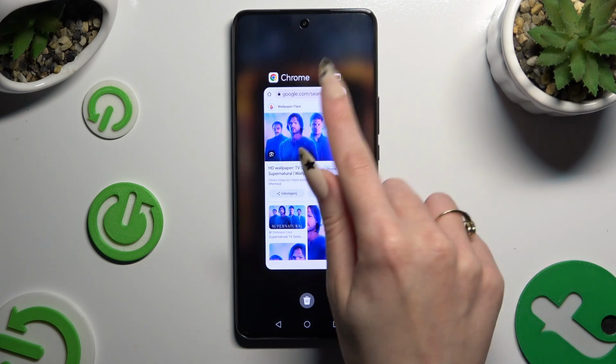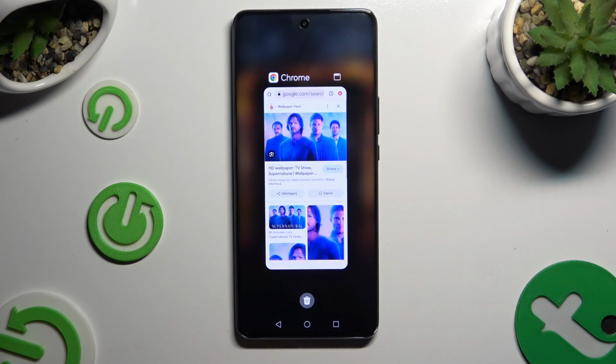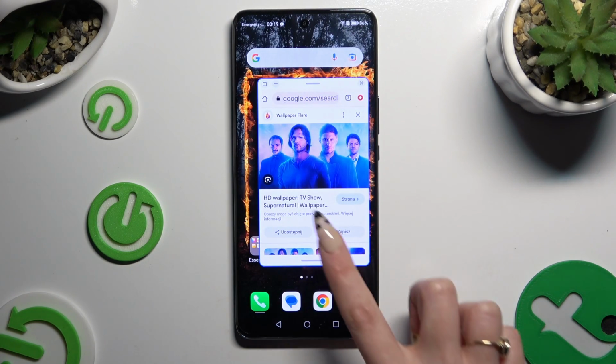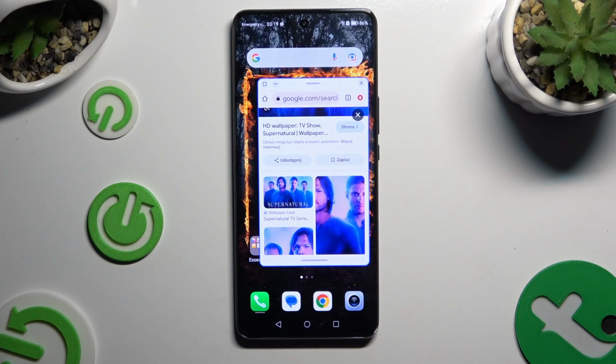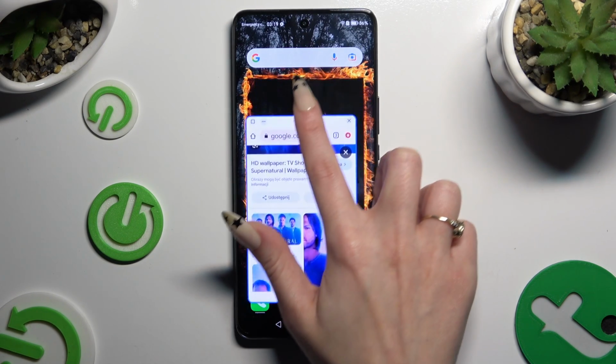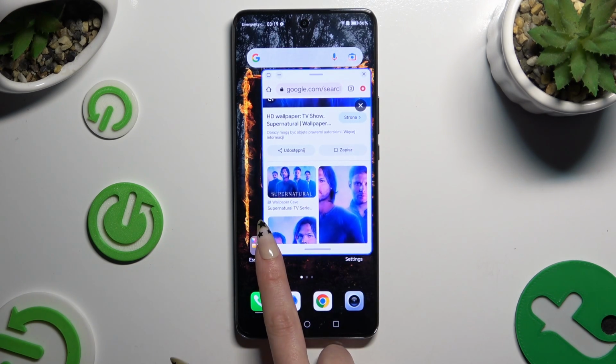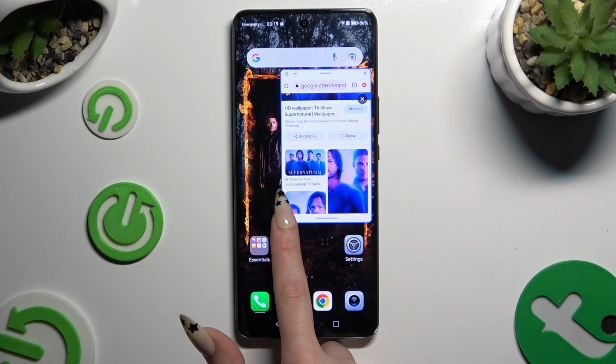Now click on this little icon at the top right corner of your app. And as you can see, now I can use it in this little window. To move it around, hold the line at the top and drag it. If you wish to resize it, hold one of its bottom corners, scale it, and when you find the perfect